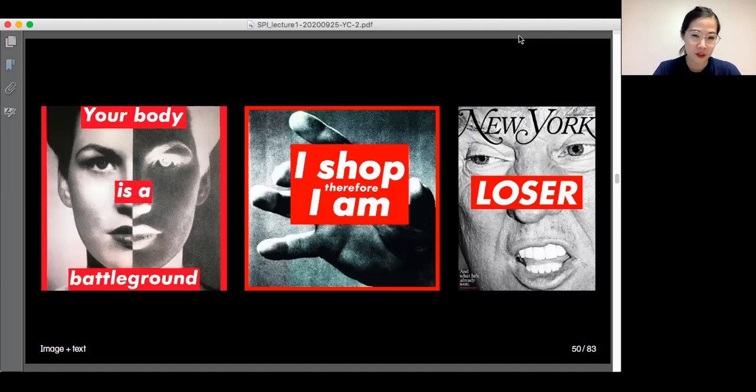Especially from this era, she used very graphic black and white imagery that was often juxtaposed with this graphic type layer. One poster says "Your body is a battleground," another one says "I shot, therefore I am." These messages are typed in a certain typeface. In this case, it's Futura Bold Italic,